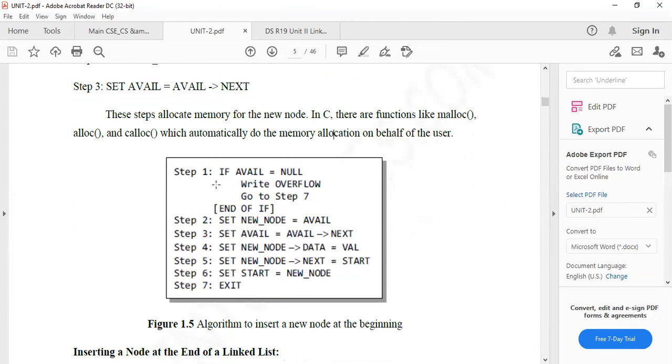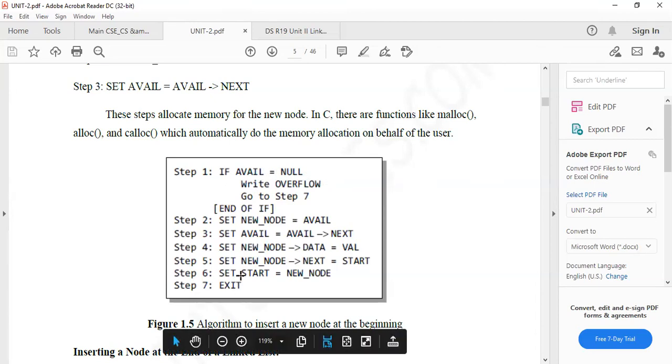Very simple. See the logic here. This is the algorithm for inserting a node at the beginning. If avail is null, that means it is an overflow condition, meaning no space in the linked list. Go to step 7, that means exit. It is not possible to insert.